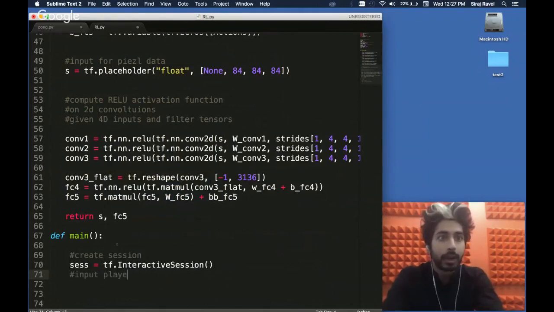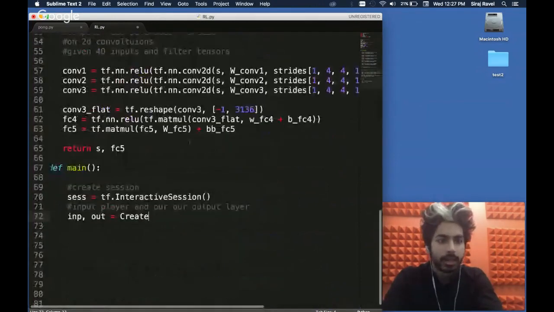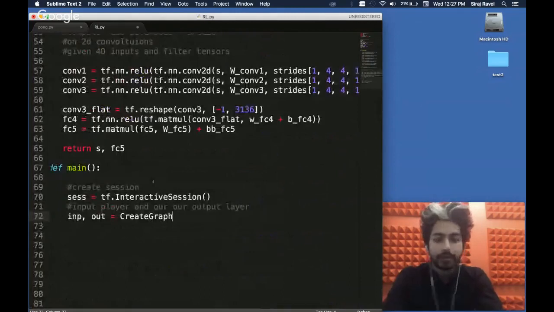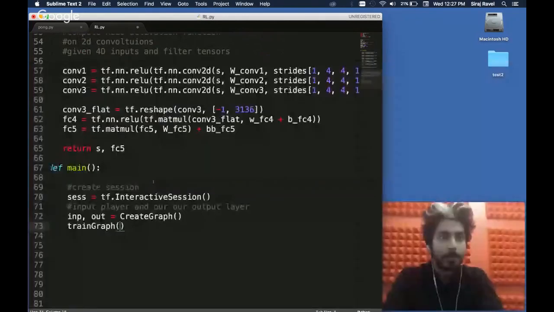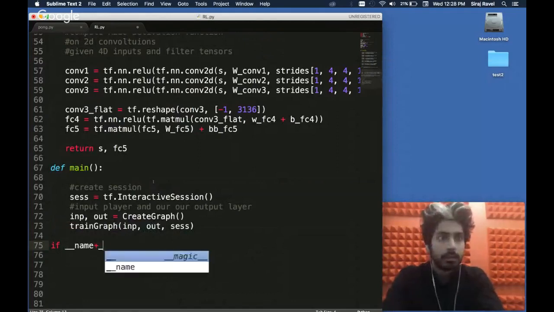And then we want to define our input layer and our output layer. I can't even think right now. We just defined a method to do that, right? That create graph method. Yeah, create graph is going to create our input and output layer for us, and we're going to feed those into our training graph method, which is going to take both of those and run our reinforcement learning algorithm on them. And then if name equals main,